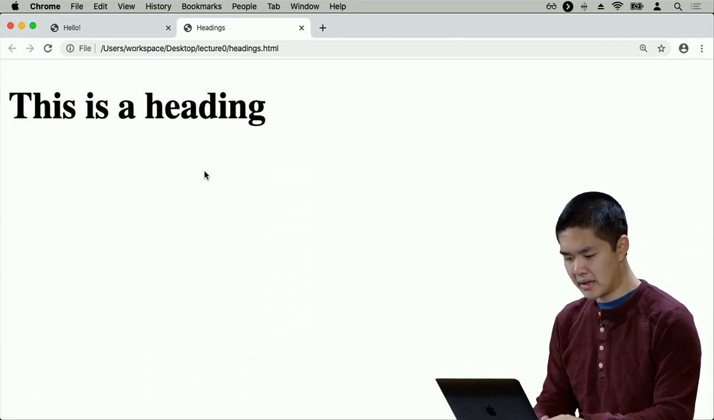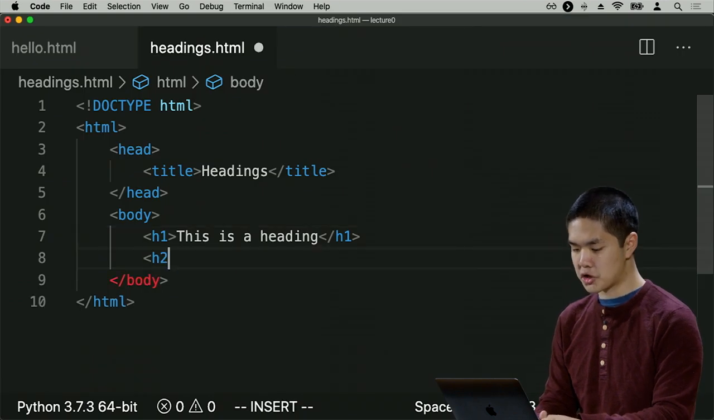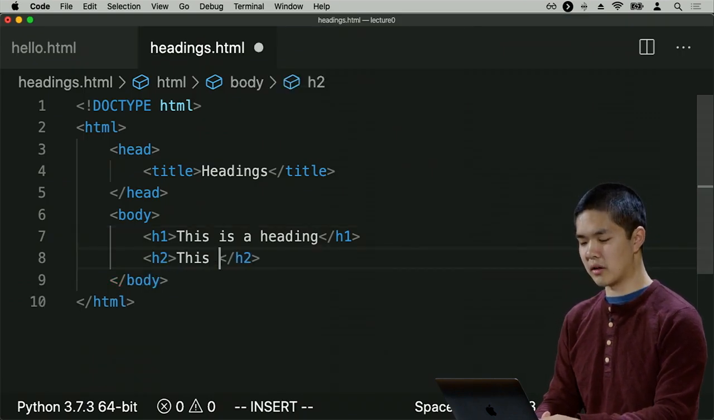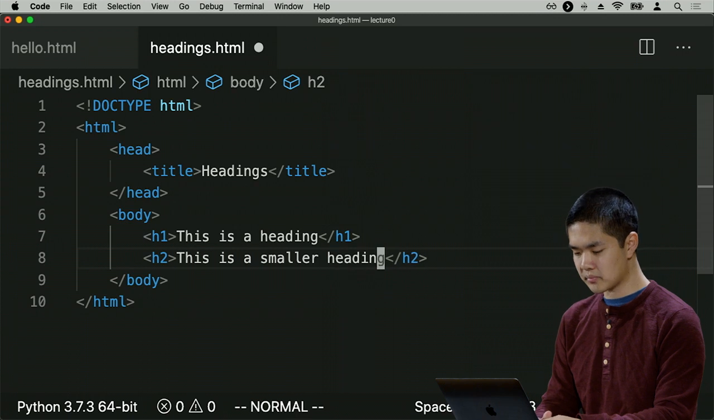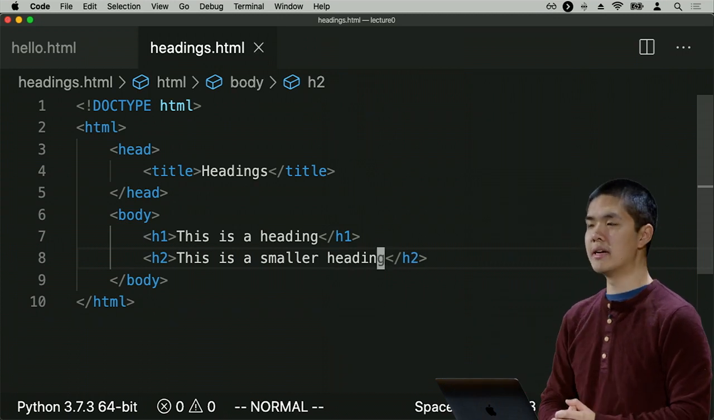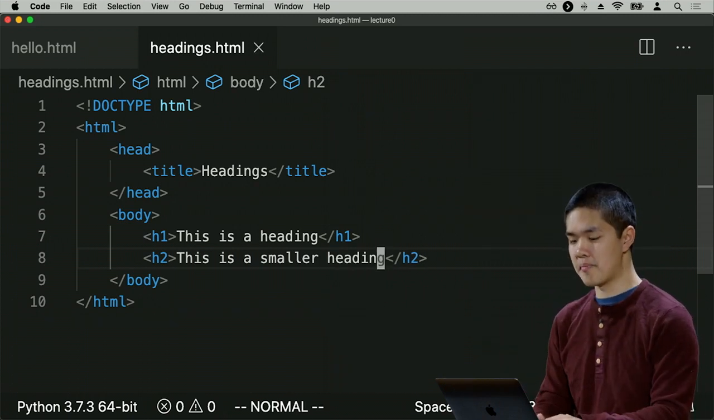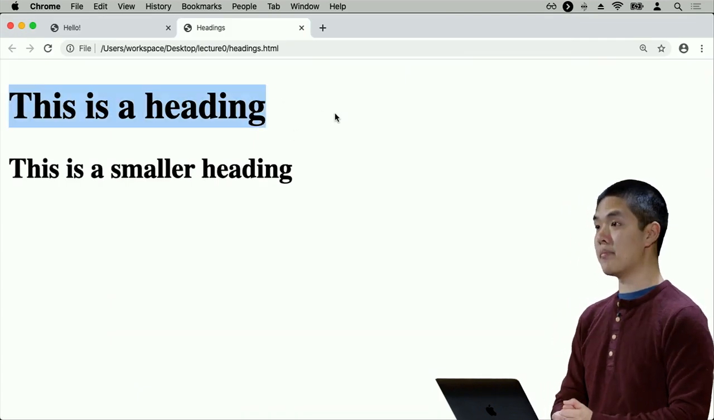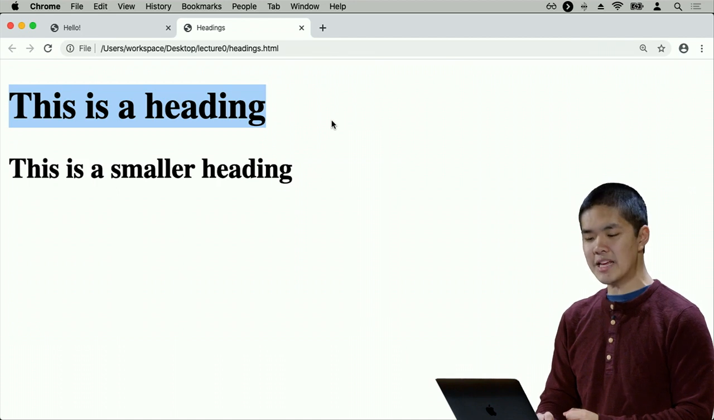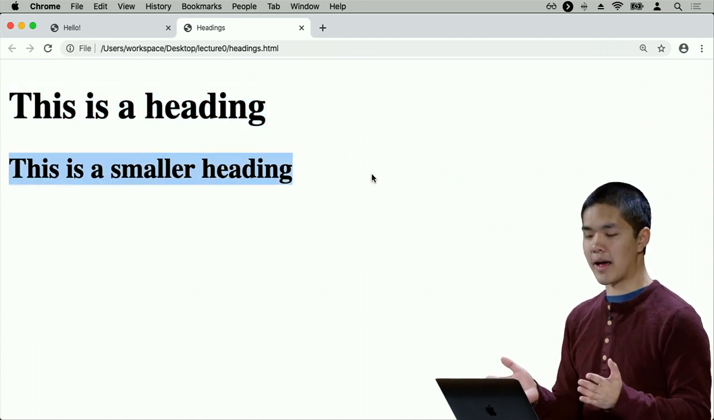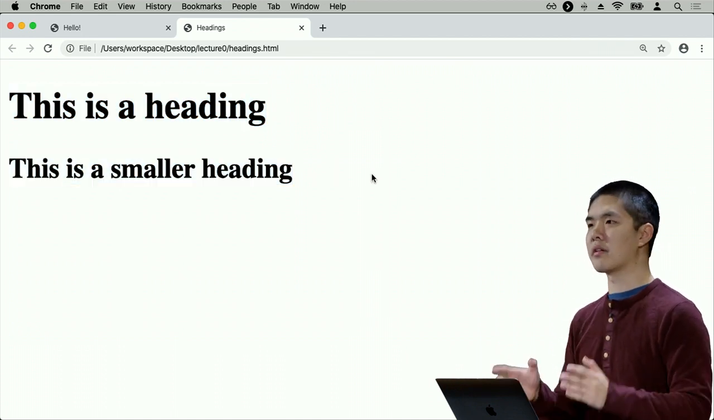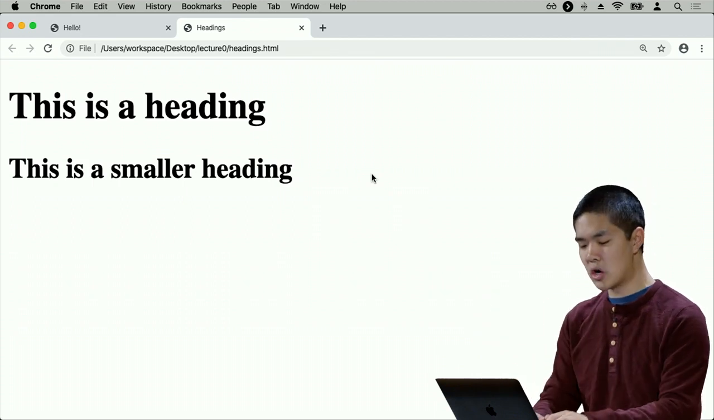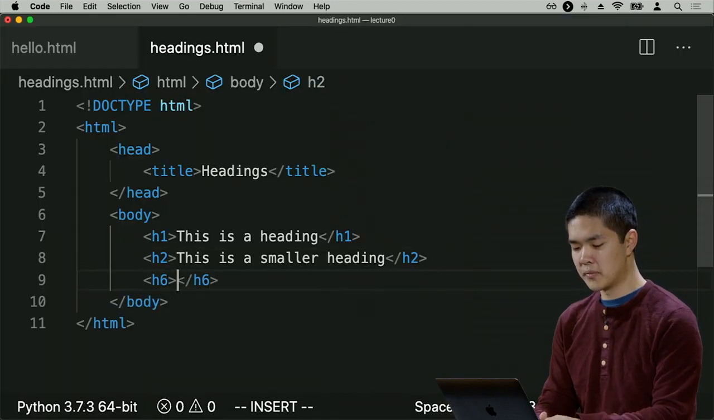So for example, I could also say h2, inside of which I say, this is a smaller heading. If h1 is the largest heading, h2 is the second largest heading. So if I load this page, for example, I now see the h1 at the very top. This is the big heading. And then beneath that, I see this is a smaller heading, the h2. And it turns out there's also h3, h4, h5, all the way down to h6, which is the smallest heading,